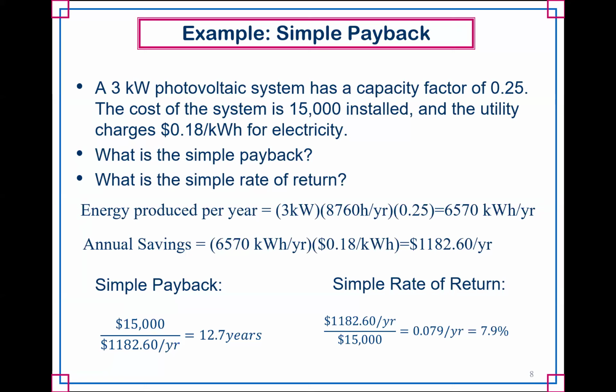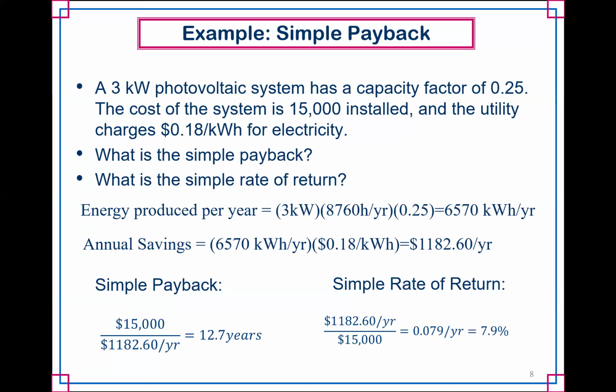So we want to know what the simple payback is and what is the simple rate of return. The first thing we need to do is figure out how many kilowatt hours per year we're producing, because we're paying for electricity on a kilowatt hour basis, and we want to do simple payback on an annual basis. So we end up with 6,570 kilowatt hours. We can figure out the savings because we don't have to purchase that much power. That's going to save us